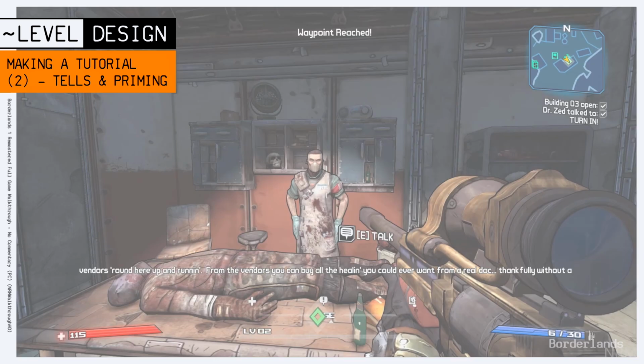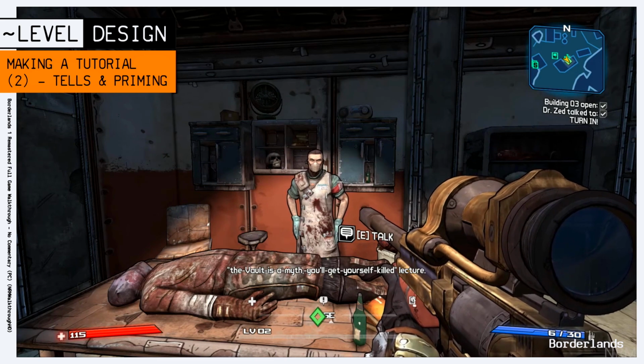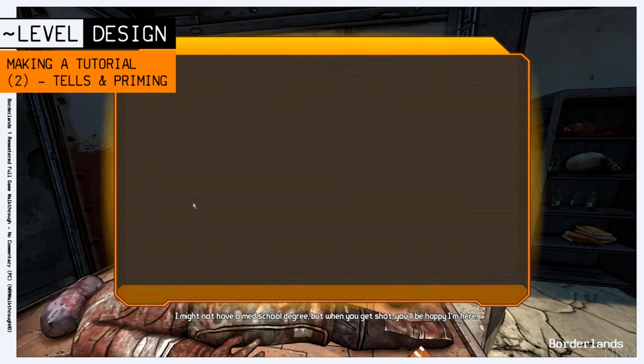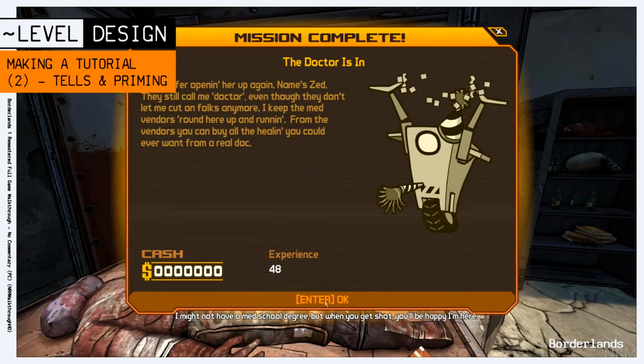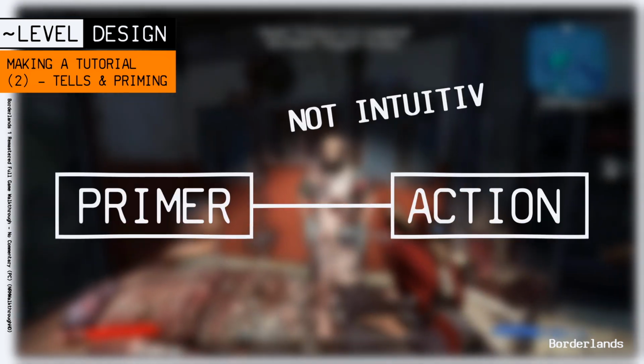So tutorial levels usually need to expose you to new situations, and if it's not obvious, indicate the right reaction so that later on, when confronted with the same thing, you know what to do. In other words, if the connection between the primer and the action is not intuitive, your tutorial has to establish